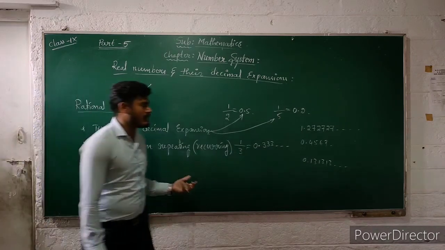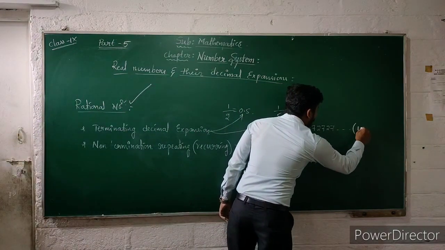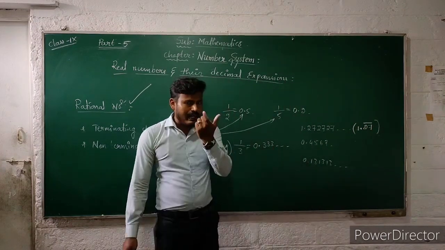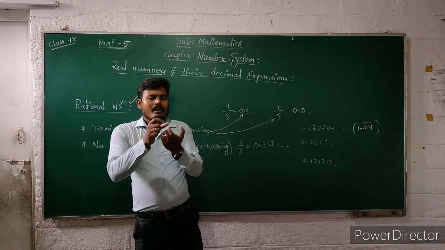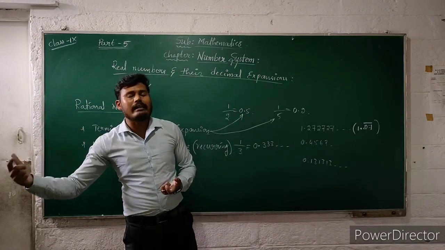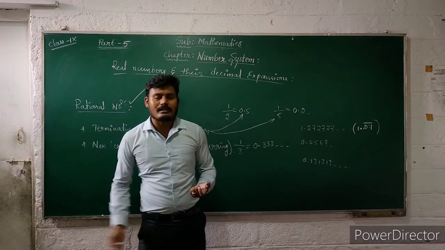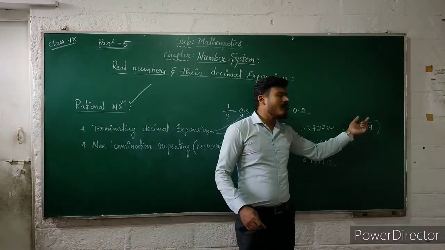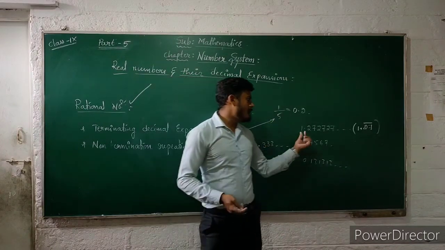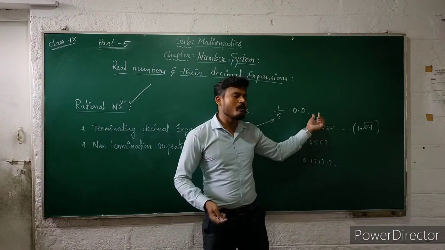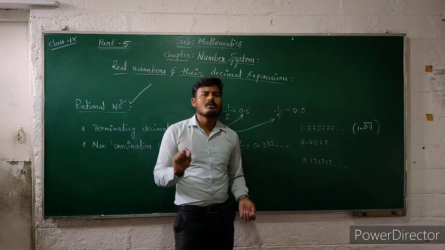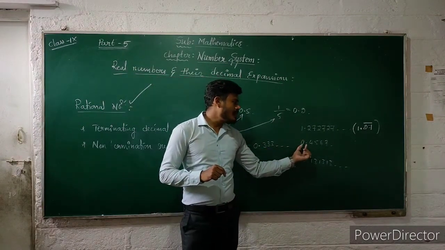Non-terminating repeating decimal expansion. So it can also be written as 1.27 bar. A bar indicates that the numbers under the bar are repeated indefinitely. That's why we put a bar on the repeated numbers. So 1.27, 27, 27 and so on can also be represented by 1.27 bar. Then moving on to the second one,